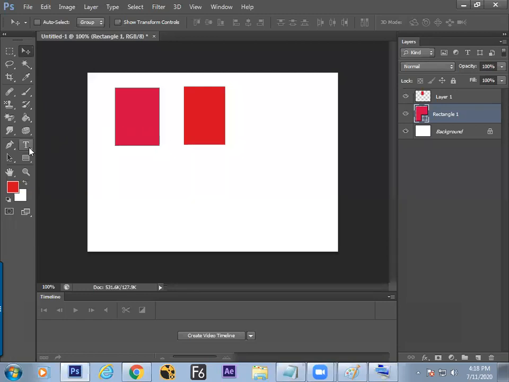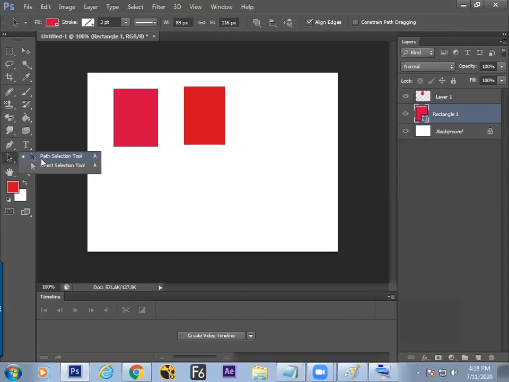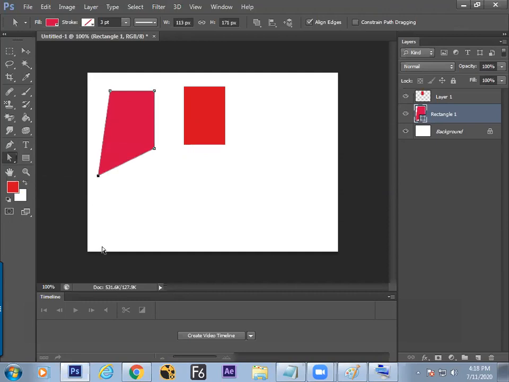It is a shape, and to modify it, we need to use a shape selection tool. This is the group where you can find shape selection tools. The first one is path selection, and the second one is direct selection. Path selection moves everything together, but direct selection allows you to move a particular point and change it. So now we have understood how to modify this shape much faster, and the quality remains the same.